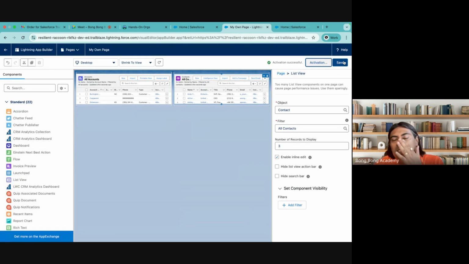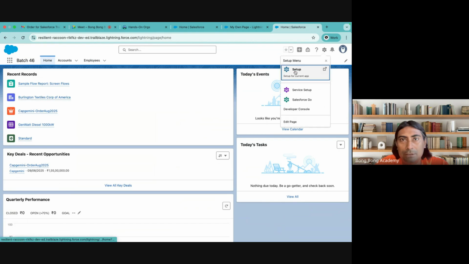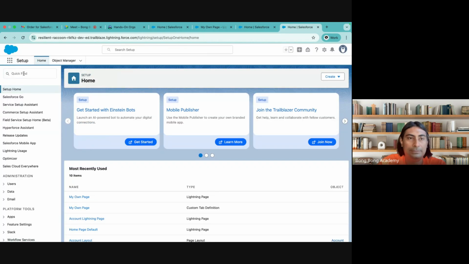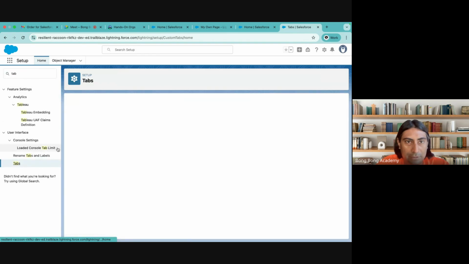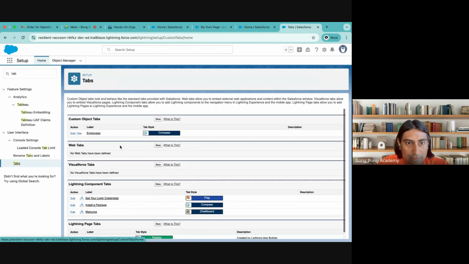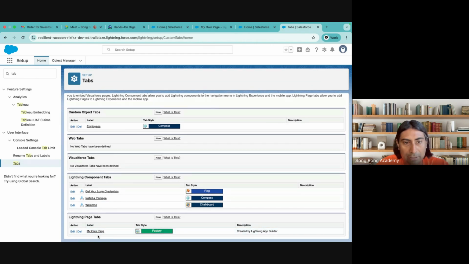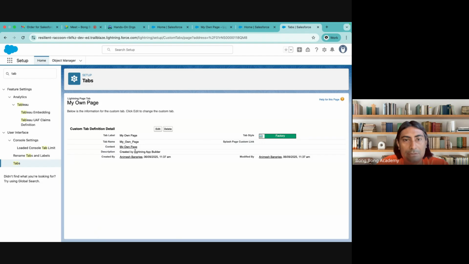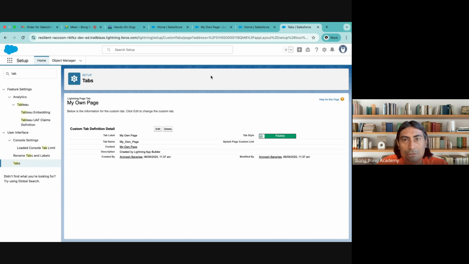And you can add this page to any app, right? So for that you have to create a tab. I will go to the setup and create a new tab. I think Lightning page already has a tab. Yeah, Lightning page is already there. So this tab has already come in. So I can add this to any app. Maybe I can add this to my